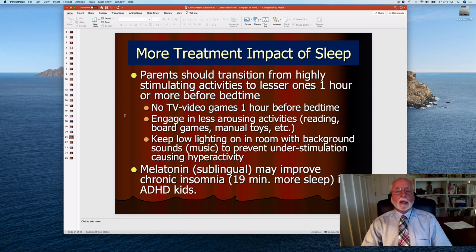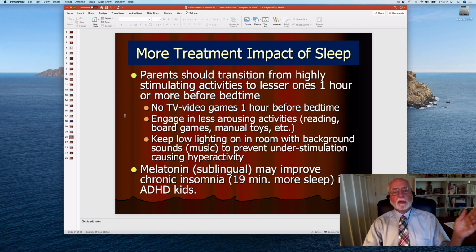This might also be a time where the child could take their bath or shower in the evening to help further calm them down and prepare for bedtime. And then when they are put to bed, parents can leave a light on in the room or a radio playing soft music, or even use a sound noise generating machine to put in the room to create a sort of static sound or other sound that often can help children fall asleep.